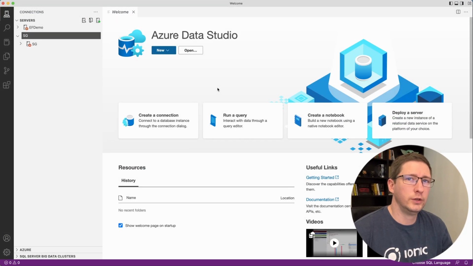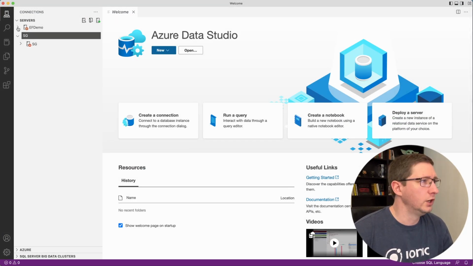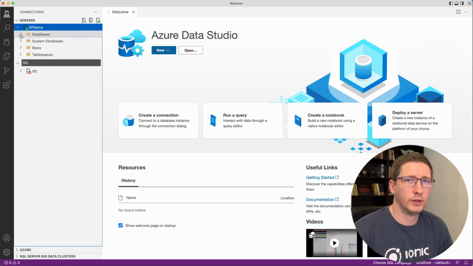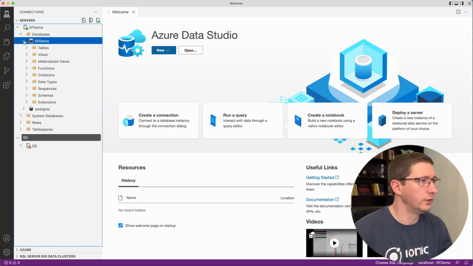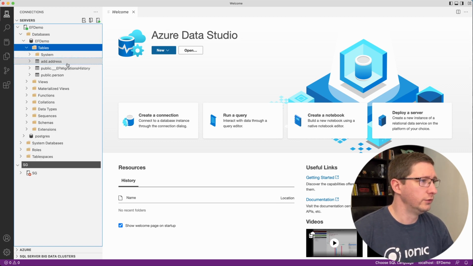Now let's go look and see what was actually done to our database. Here I'm using Azure Data Studio. I have a connection to this database called EFDemo. I'm going to expand databases. Here's the EFDemo database that we just created with that command. If we expand tables, you can see here's our add.address table, here's public.person, and here's another table called